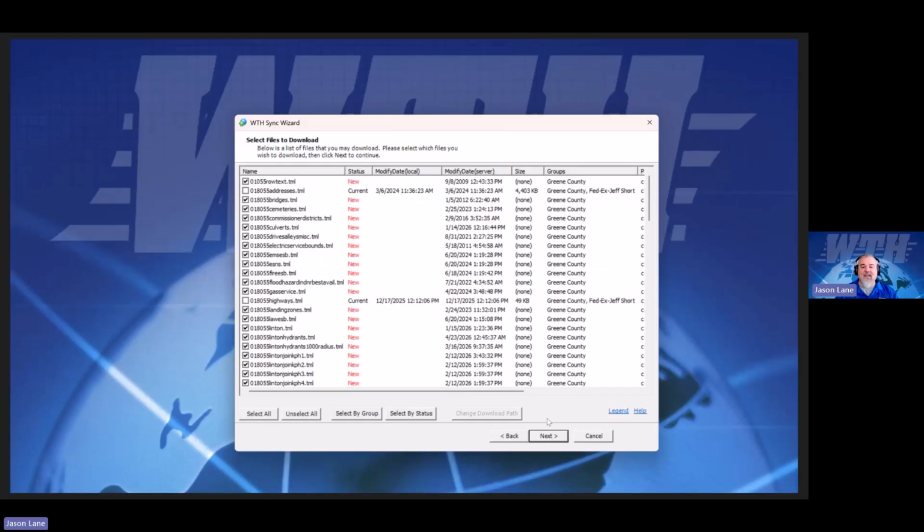I'll go ahead and hit next. That will move your layer to the download page where it's going to download that layer again, and it's going to overwrite. If you go ahead and sync, it's going to download that layer and overwrite everything that you changed. So that's one of the things to pay attention to if you're an editor,